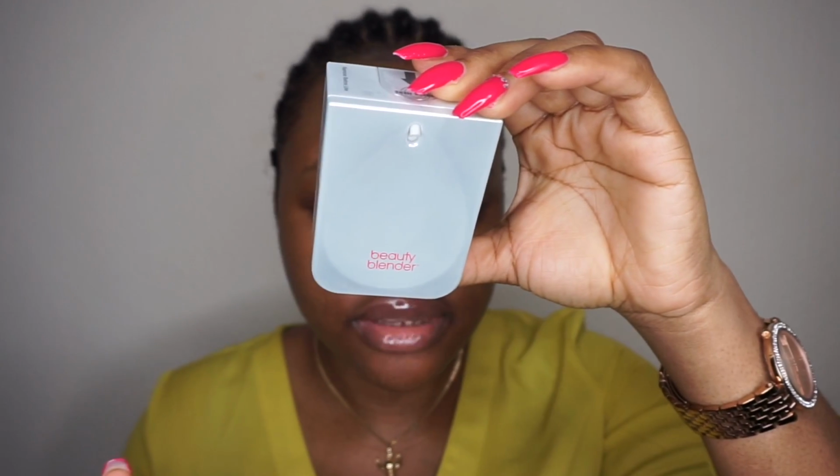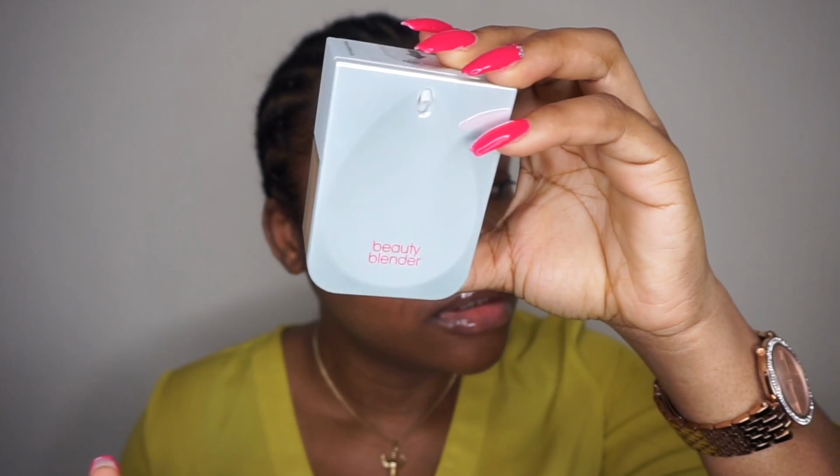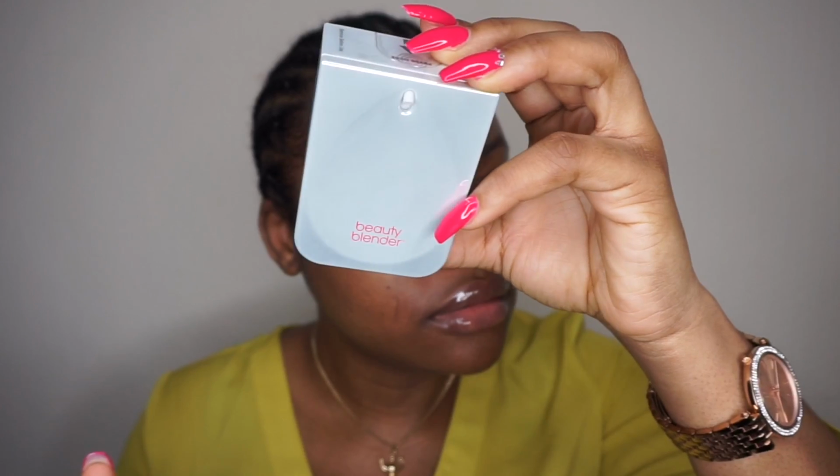Today I'm going to be using the Beauty Blender foundation, the Beauty Blender liquid foundation. I think you guys must have seen it everywhere, and it looks like this. They added more shades to this foundation because when they launched it last year, they didn't have enough shades,